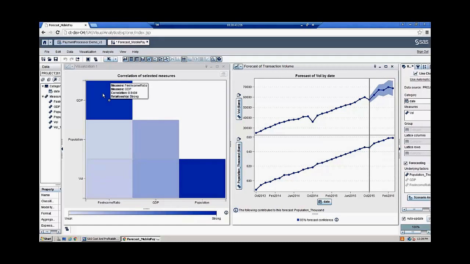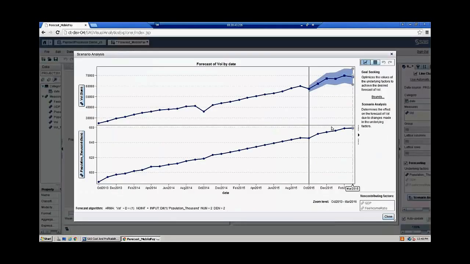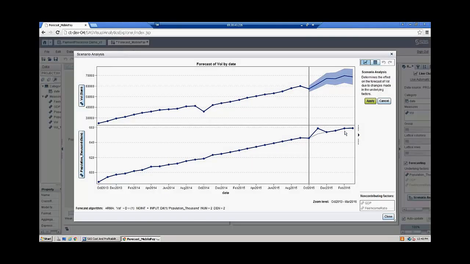Now let's ask what if. In this case, what if the underlying factor, population, were a different value? Scenario analysis allows us to assess the impact on the forecasted measure. As we increase the trend line for population, we can see how the forecast for transaction volume changes. We can also do the reverse, use goal-seek analysis to determine the change in population that would be needed if